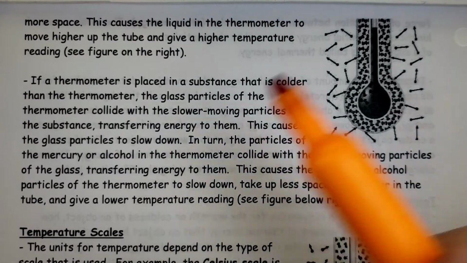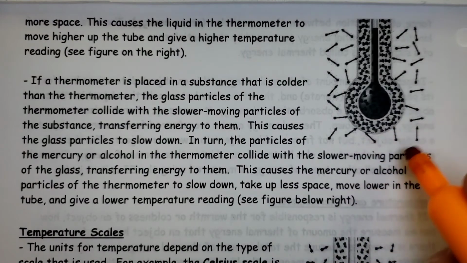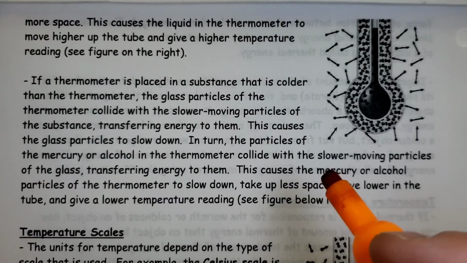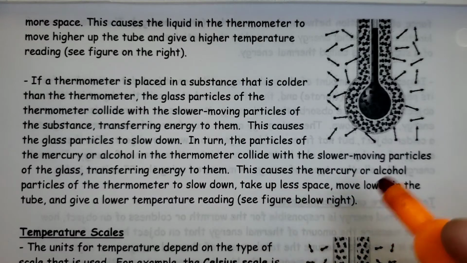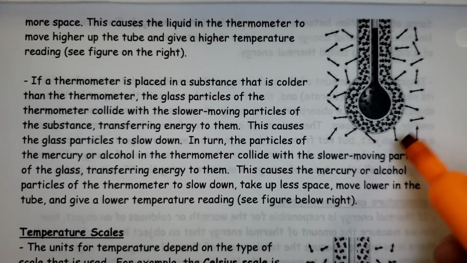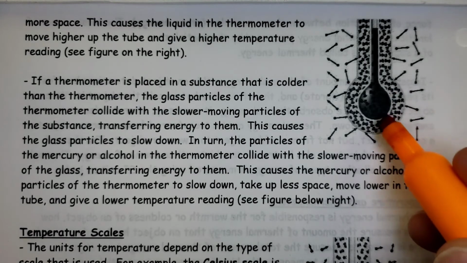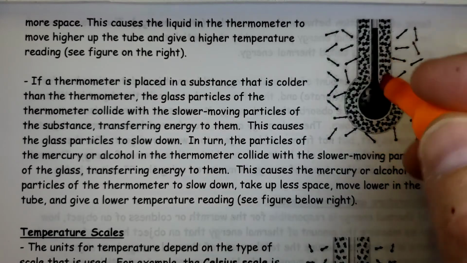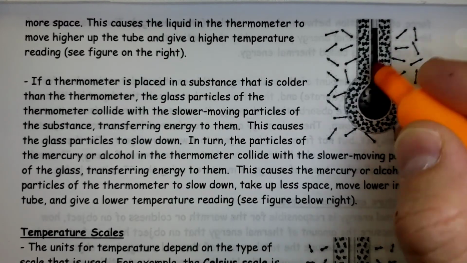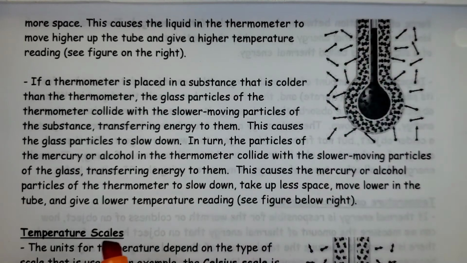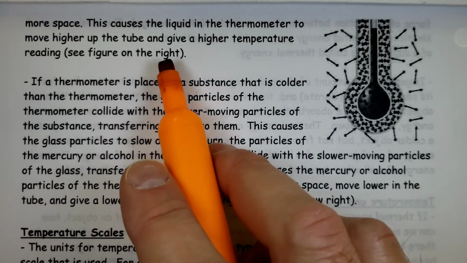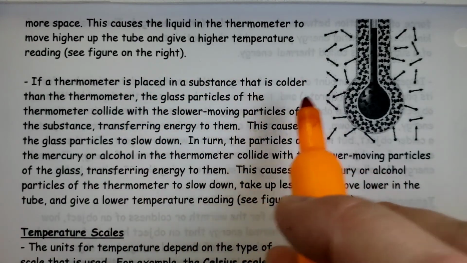So if you look at this page, you can see that. So the faster-moving particles, because the more energy it has, the higher the temperature something is, the faster it's moving. So these outer molecules move fast, hit the glass of the thermometer, causing those molecules to move fast, which hit the alcohol in the middle, causing it to move fast. And of course, it's moving faster and it has room to spread out by moving up. So this causes the liquid in the thermometer to move higher up the tube and give a higher temperature reading,